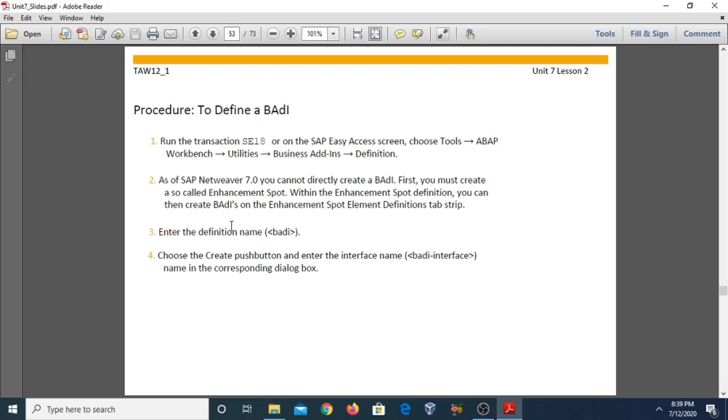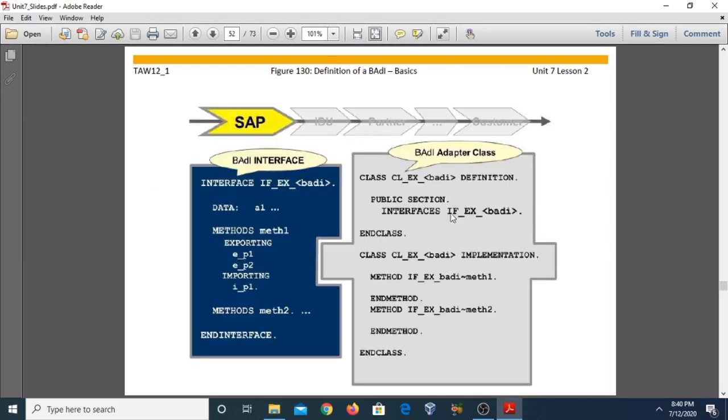Then we write the BAdI definition name, choose the Create pushbutton, and enter the interface name. As soon as you create the interface, it automatically creates the adapter class, and with this adapter class you can add your own customer methods to the existing SAP programs.